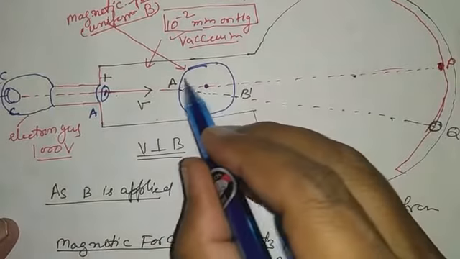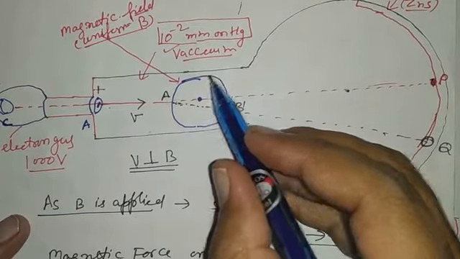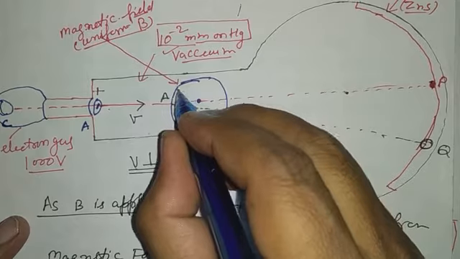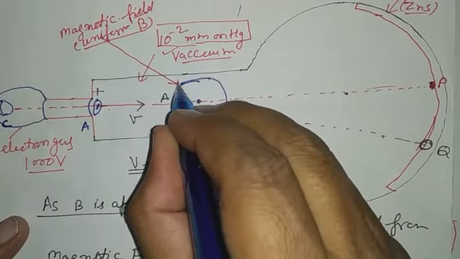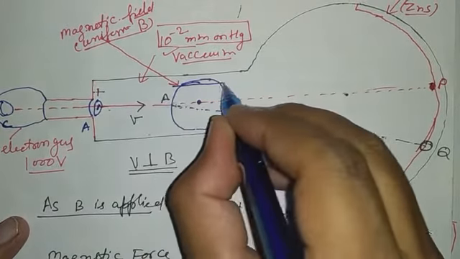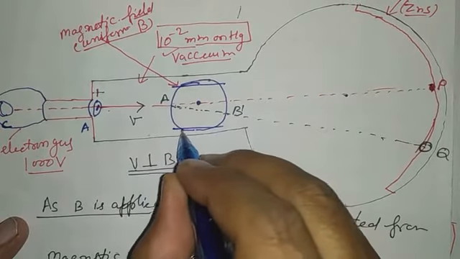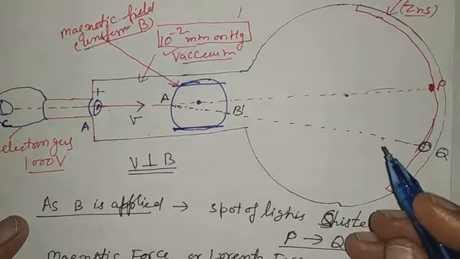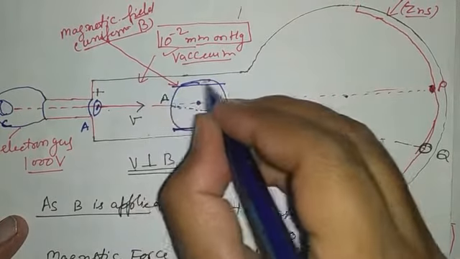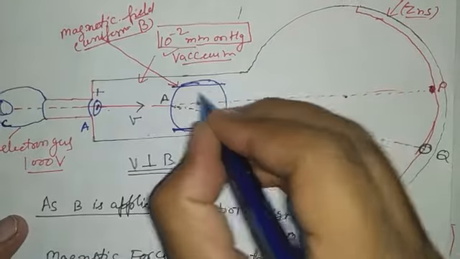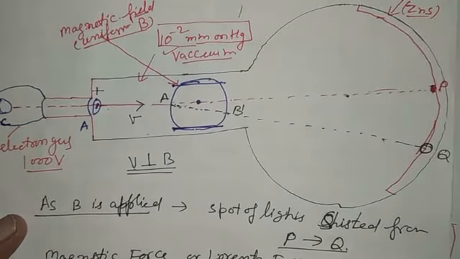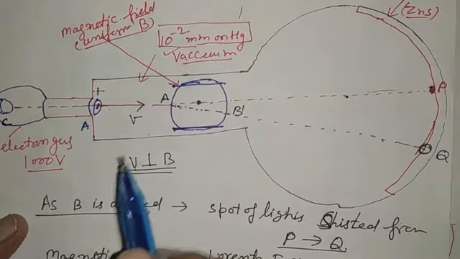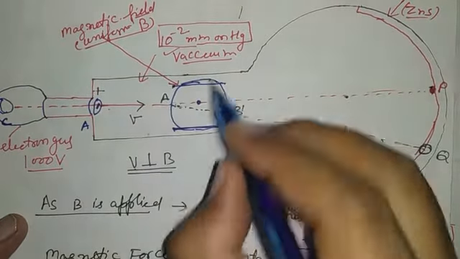For the length of the magnetic field, see the diagram of the experiment. This is the presence of the magnetic field. This magnetic field is provided by the plates, the poles of a magnet. So the length of these poles of the magnet is the presence of the magnetic field. By knowing this, A dash B, the length of the magnetic field, can be obtained.